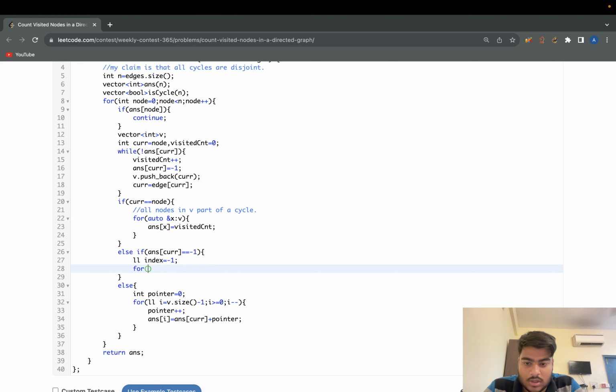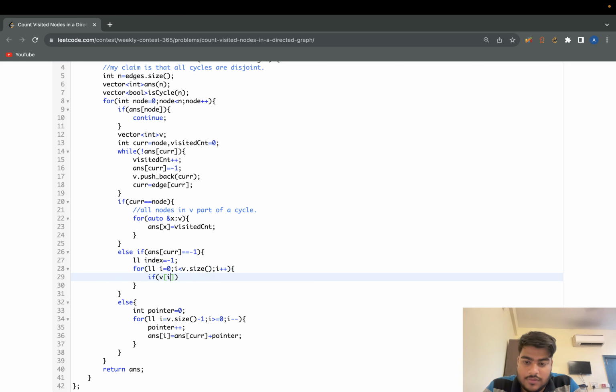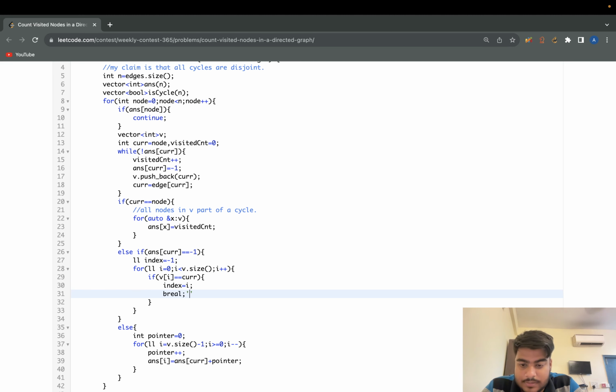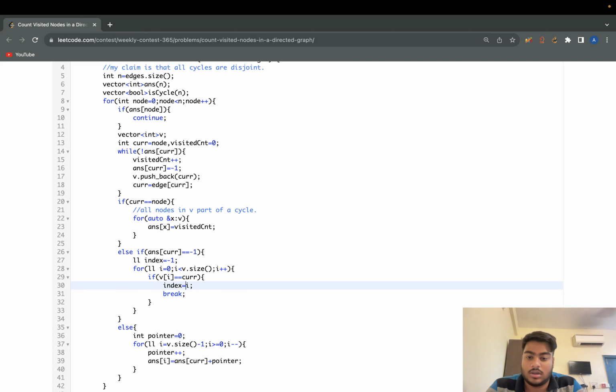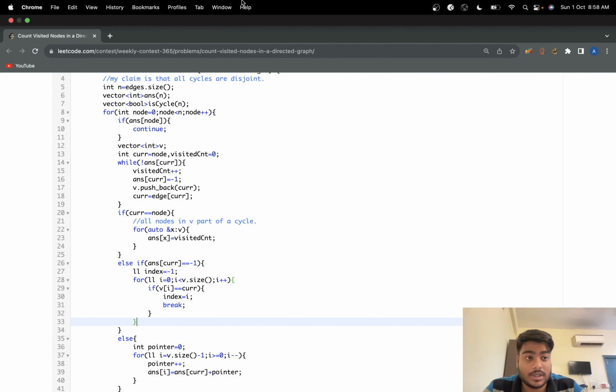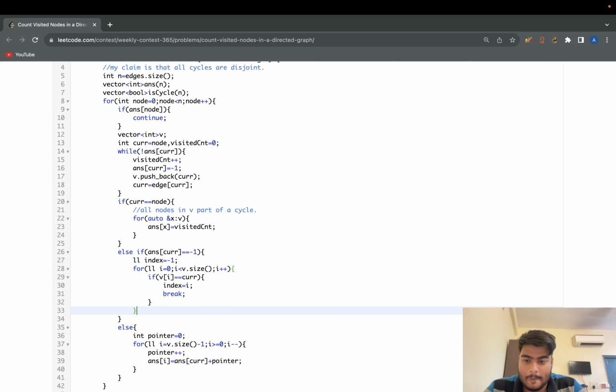Then index equal to -1, for int i equal to 0, i less than v dot size, i plus plus, if v of i equal to current, index equal to i, break, right? Cool. Now since I've got that index, what to do is that, okay,